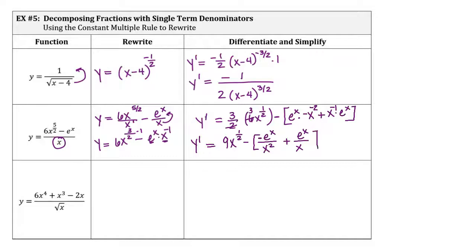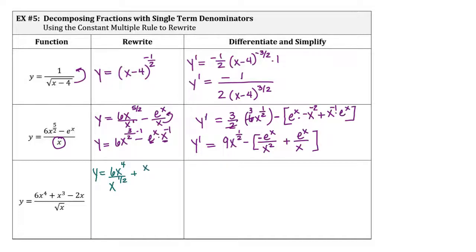And you can leave it just like that. All right, and we're going to do that same method over here. And again, a couple of ways to do it, but it's a good idea to try to divide this up. So for this part here, we're going to rewrite that. We're going to have y equals 6x to the 4th, but that's over x to the 1/2,